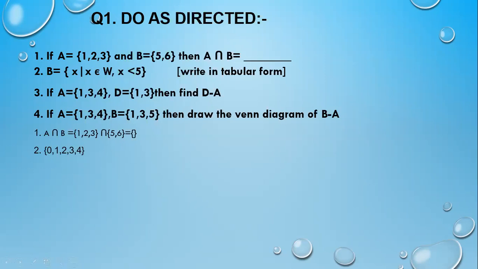I call the names Rabia, Ramla. Quickly share your answers, everybody. Vanya, Suhaib, share your answer of bit number 3 now. Quickly, I'm waiting for you all. Now, what is bit number 3? Bit number 3: set A and D are given to you. You have to only find D minus A. That's it. That means first you have to write set D and then you have to subtract set A from D. Cut the common and write the remaining elements of set 1. What will be the answer?